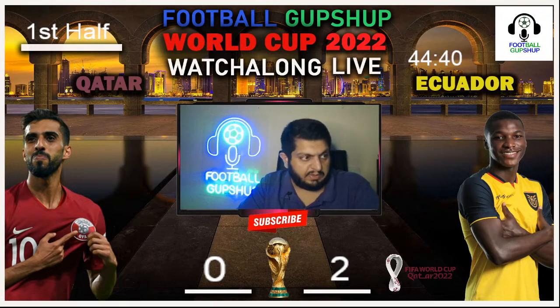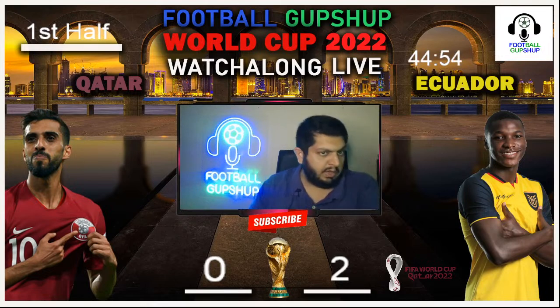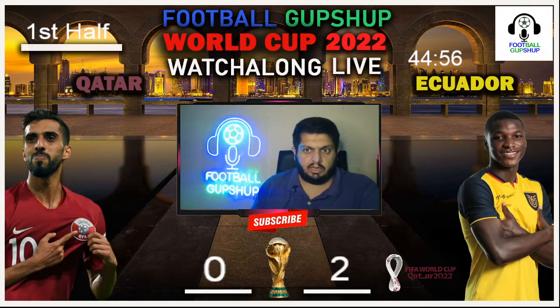Qatar are trying their very best to go against Ecuador. Ecuador once again on the ball. And Ecuador once again pushing the ball back. And let's see what can they do, trying to push the ball forward. This is going to be interesting. Let's see what can they do. Once again, the ball being pushed out forward. And right now, you can clearly see that it is looking as if Ecuador are going to win this game.